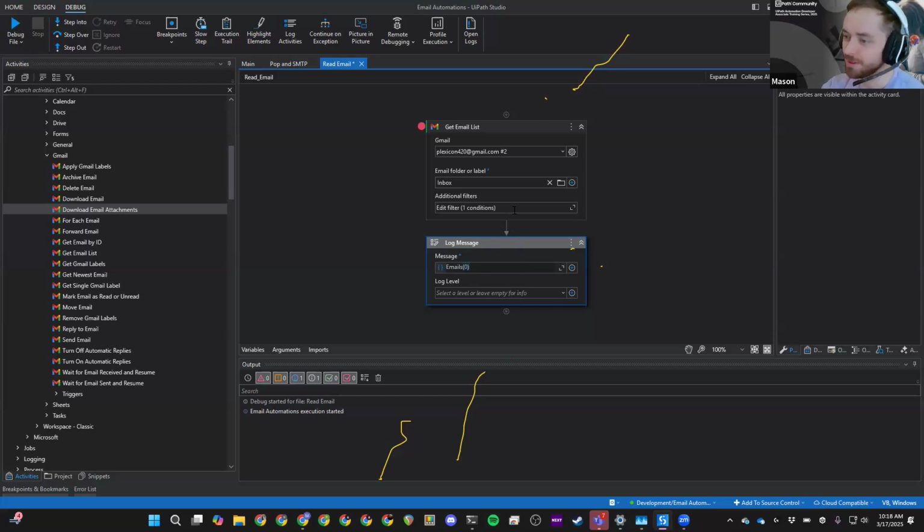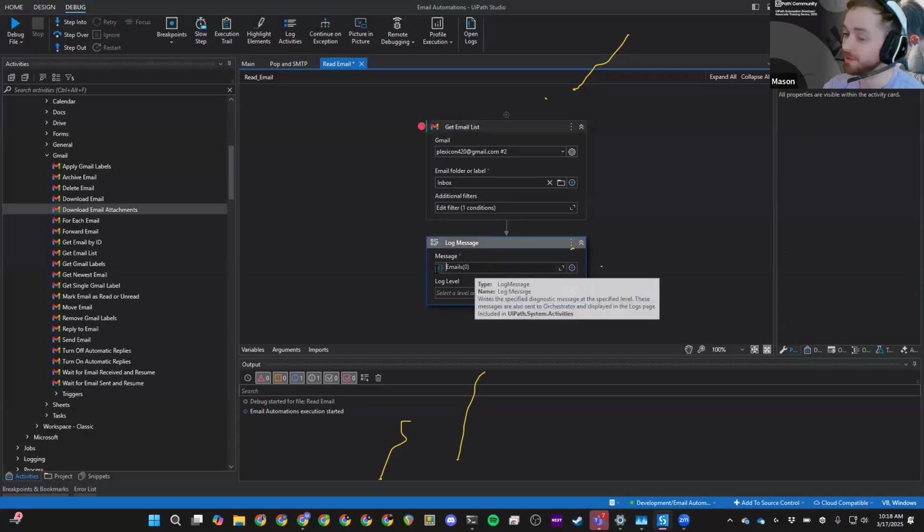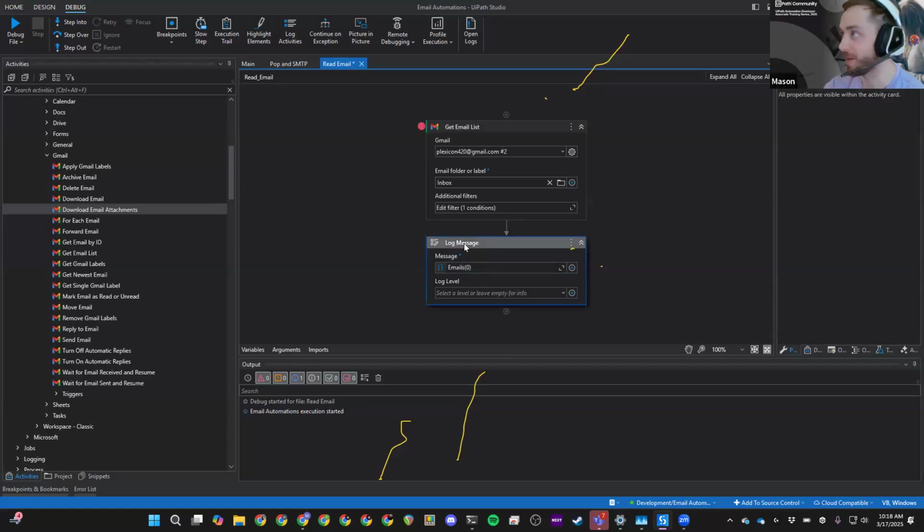One thing to watch out for is if your result doesn't return any emails, then emails of 0 or emails.first is going to fail, right? So you'd want to wrap that in a try catch, or you would want to say if emails.count is 0, right? Just to make sure that you're doing good exception handling, which comes in the next session. So I'm not going to get too much into that, but that's how you would make sure that you're safe here. But emails.0, so now we're in the actual Gmail